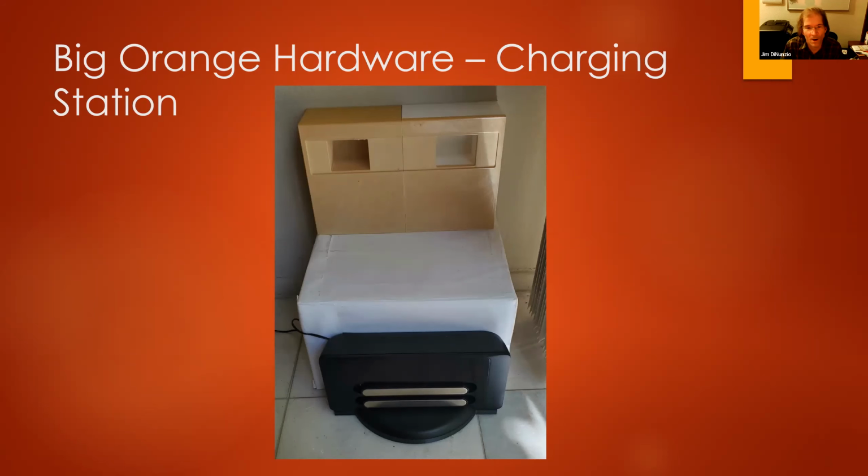Now here's the other hardware, the charging station. You might recognize the bottom part, it looks familiar. It's a Neato BotVac charging station, which you'll see was one of my eureka moments that led me to be able to build Orange's solution for charging. And the other weird looking thing is the charging pile, which is 3D printed on the top there. And that was designed by Slamtech, well, they gave me the